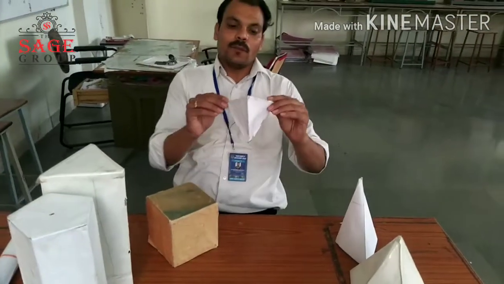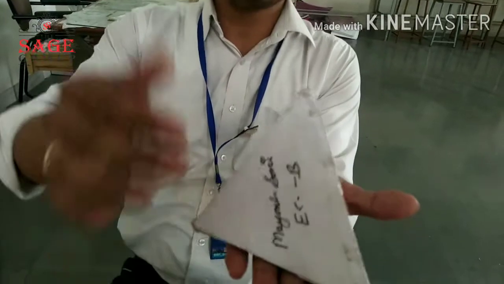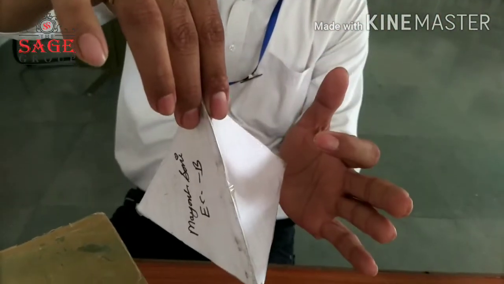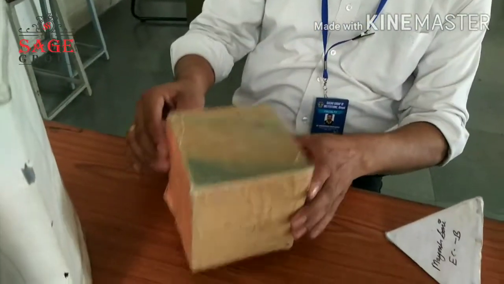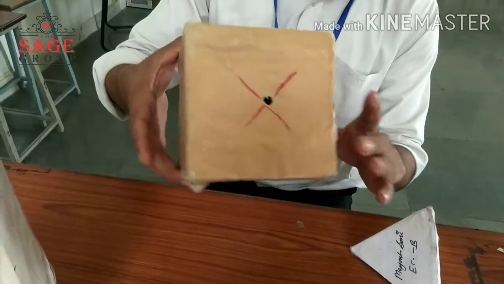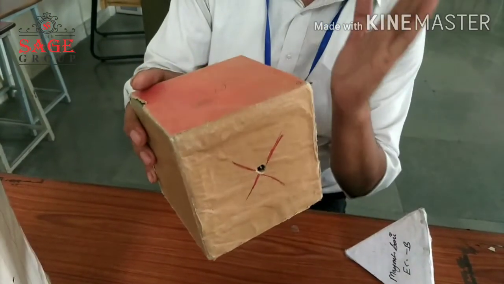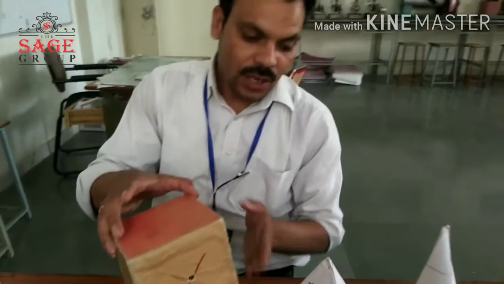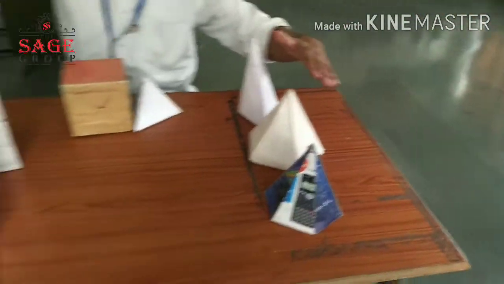Why is that a tetrahedron? Because in that object there are four faces and all faces are equilateral triangles. That's why the name is tetrahedron. Similarly, if we are talking about the hexahedron or cube, it has six faces and all are equal squares. Now, why is this a pyramid and why is that a prism?